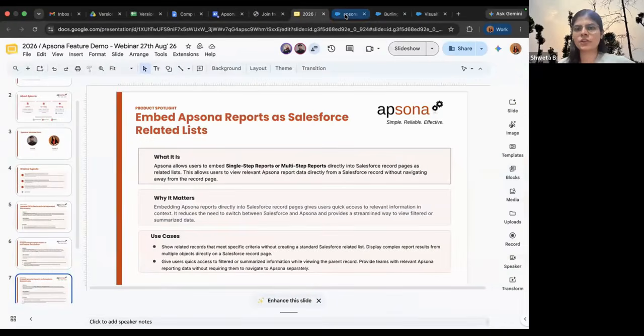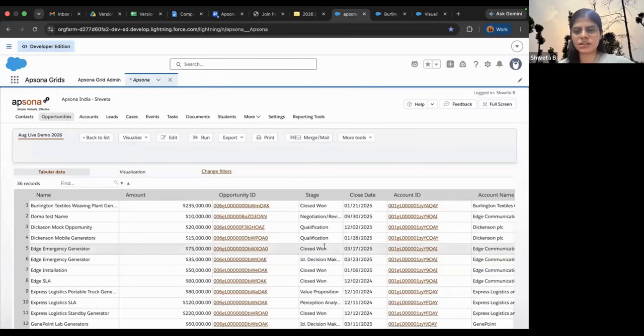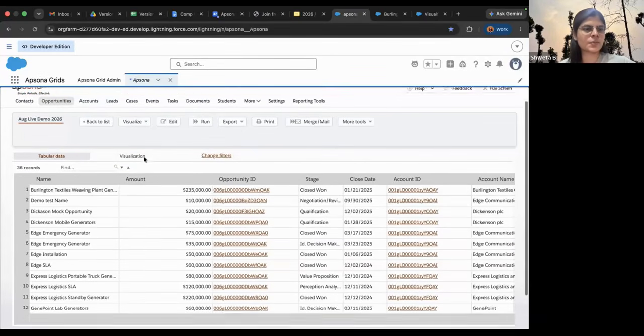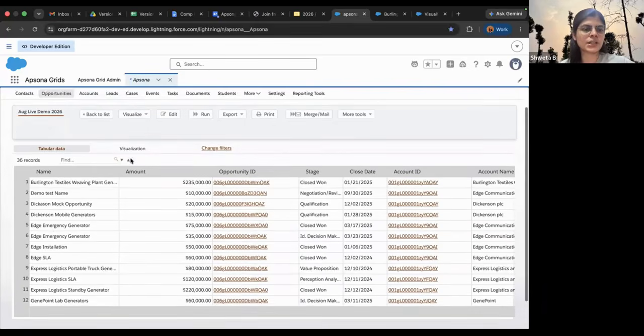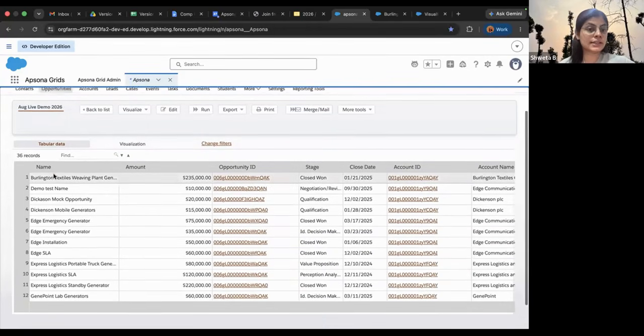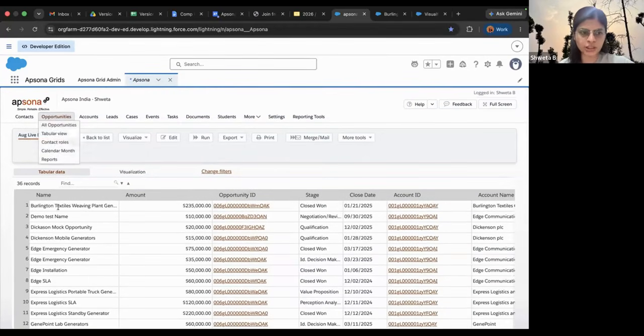Without delay, let me get into my Salesforce and Apsona, right? So I have already created one single step report inside Apsona. You can see this report has been built on opportunity. I have opportunity name, amount, and its ID as well as account ID and the account name. So this I want to embed within this entire report. I want to embed it in my account object under Salesforce,